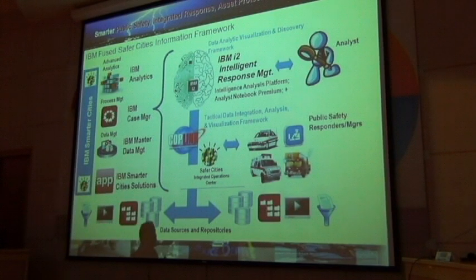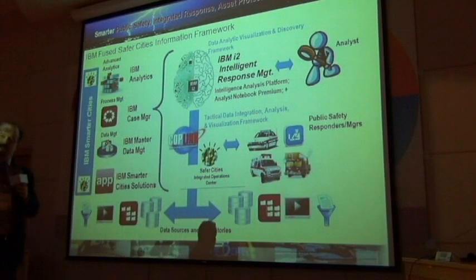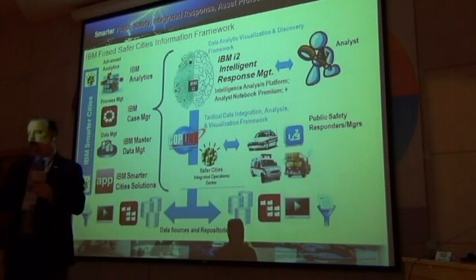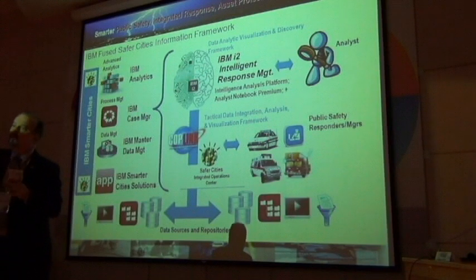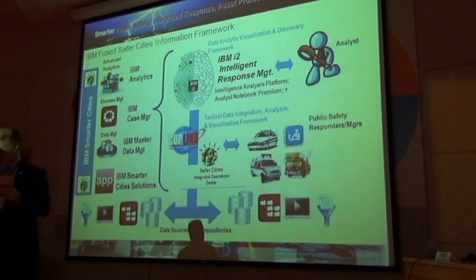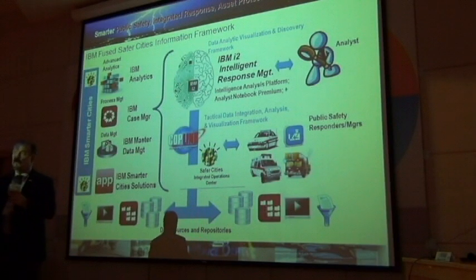In the general scheme of things, this is how IBM sees it. I have IBM Smarter Cities. It is a framework to integrate information, move it fast, put smart actions upon it, get it in a decisionable format for people to make decisions, not in a consolidated center, because I think Mike talked about it.